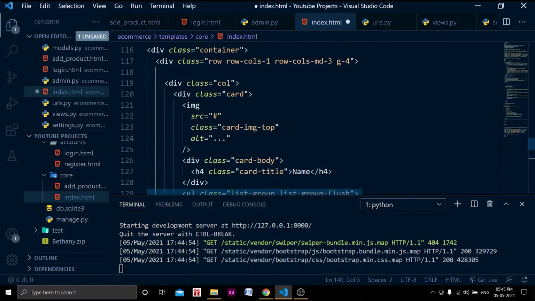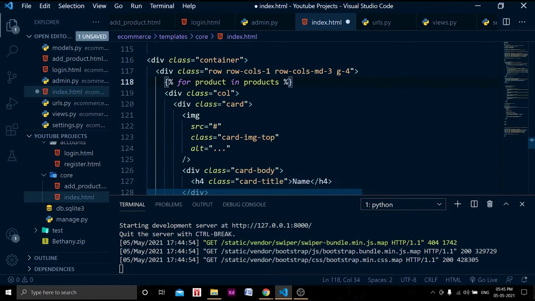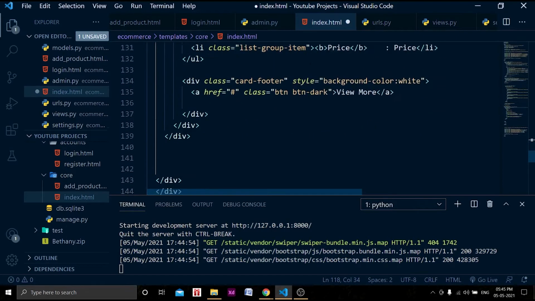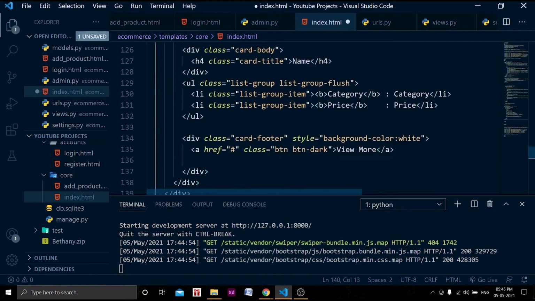So we will write for product in products, and we will end this for loop here with end for.